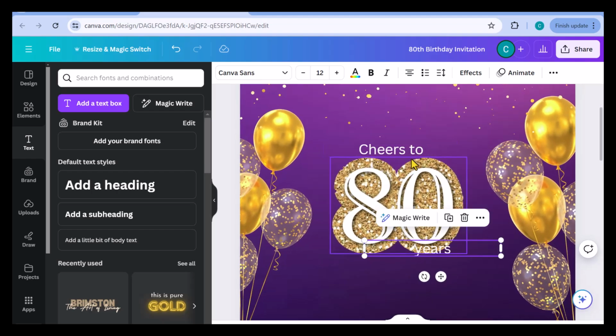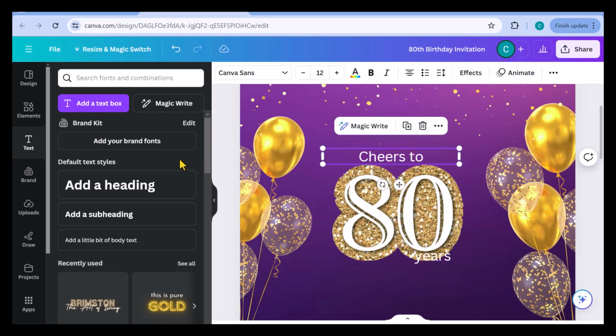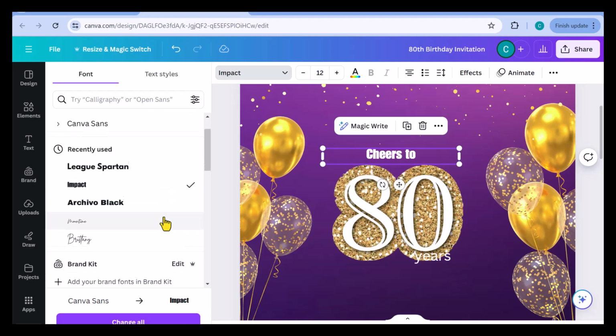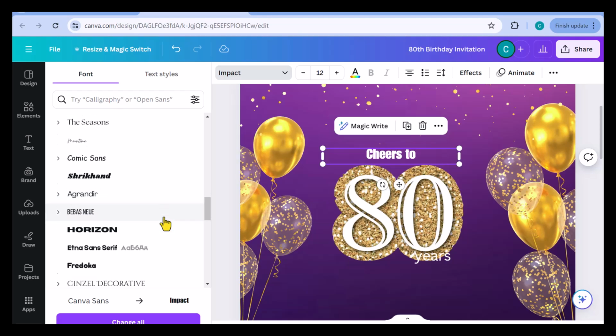The first adjustment that I will make to the text is to change the font style. I will select the text box and then select the current font style, which is Comic Sans. I'll click on that in order to get the options of the different font styles from which I can choose. For this one, I'm hoping to get a heavy or a bold font style, and I'm also looking for one where all caps or all uppercase letters can be displayed beautifully.